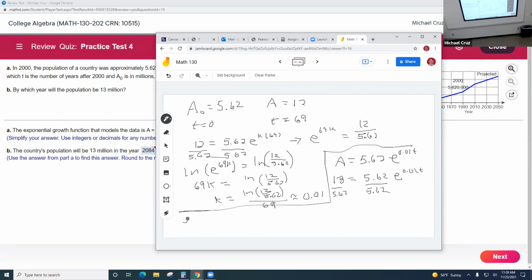So I'm going to write it. So 13, 5.62. And when I take the ln on both sides,